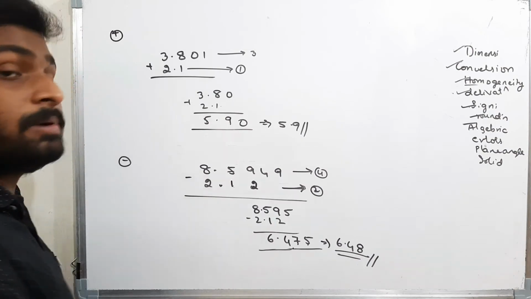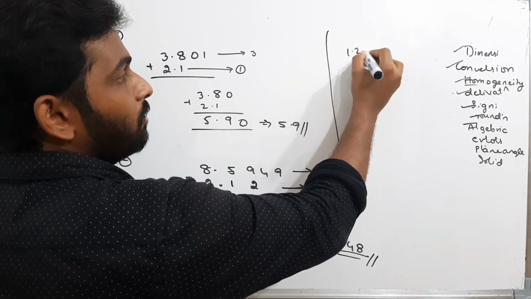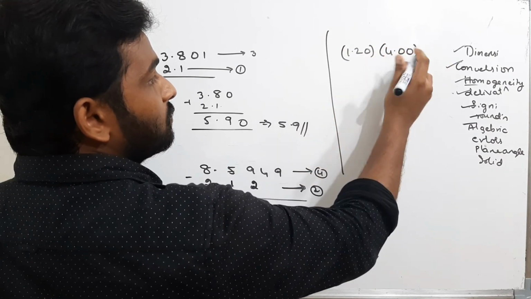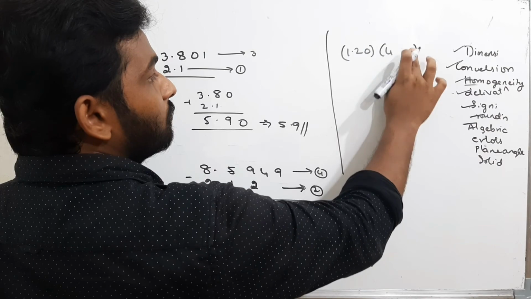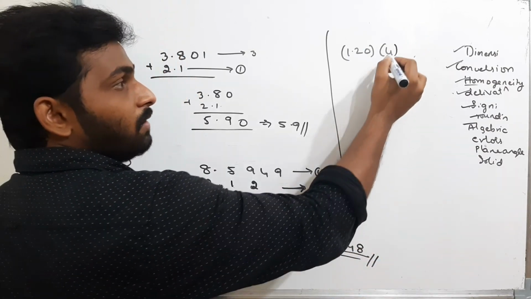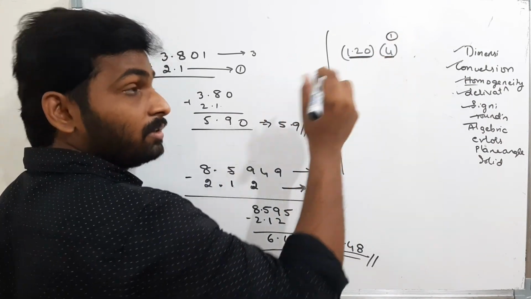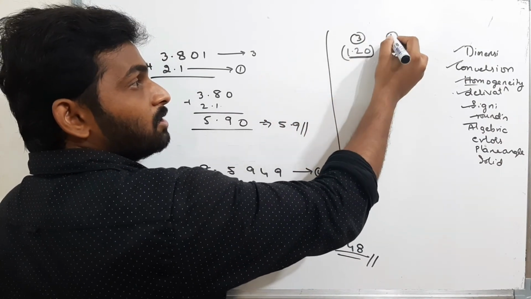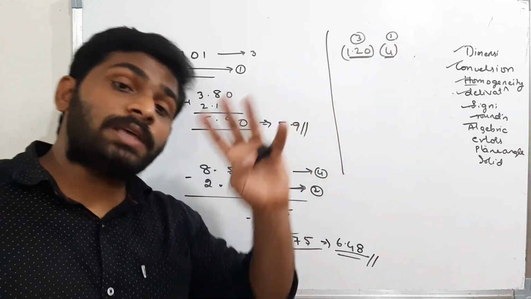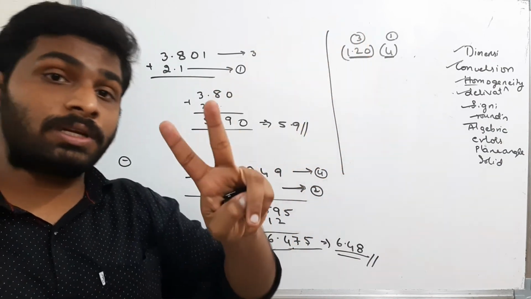Okay, when it is multiplication and division, then 1.20 into 4.00. Now tell me, okay, just simply 4. Now tell me the answer for this. Here how many significant figures are there? 1. Here how many significant figures are there? 3. 1 is least. Then plus 1 is acceptable, but 3 is not acceptable. Therefore I round off this one to only 2 significant figures.